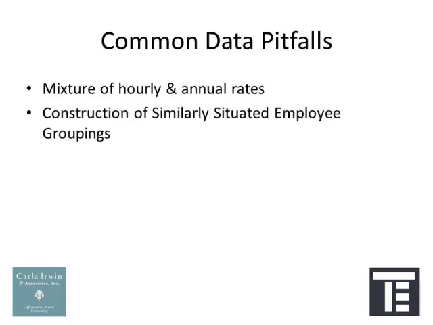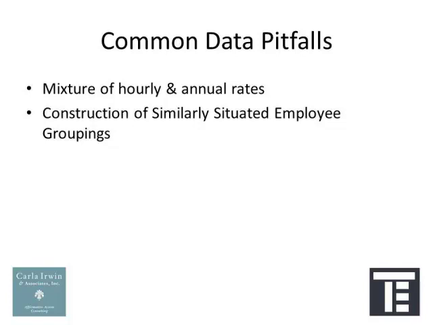The next biggest pitfall is construction of similarly situated employee groupings. For those of you who have been working in the contracting community for a while, you're probably going to be familiar with the term similarly situated employee grouping. I'm not going to get into the whole detail of what the definition is, what the OFCCP says about it. Basically, what you're trying to do is group people together who are similarly situated. They have similar levels of responsibility within the organization. They perform similar functions. Their jobs require similar skills and abilities. It's basically constructing a group of proper comparators.